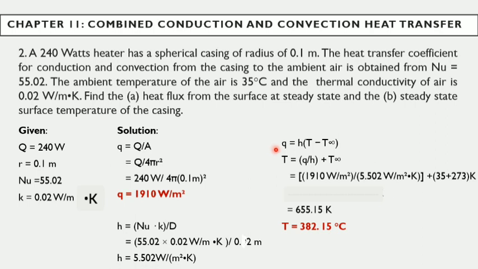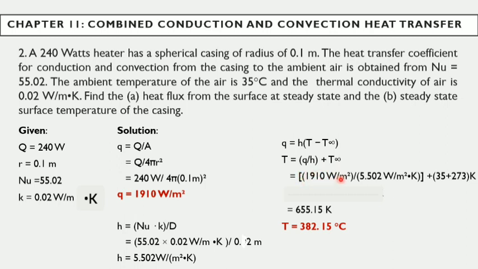So now we will be solving the steady state surface temperature of the casing by using this formula. So we have heat flux equal to the convective heat transfer coefficient times the quantity of the steady state temperature minus the ambient temperature. By deriving this formula, we have steady state surface temperature equal to the heat flux all over the convective heat transfer coefficient plus the ambient air temperature of the casing. So we have